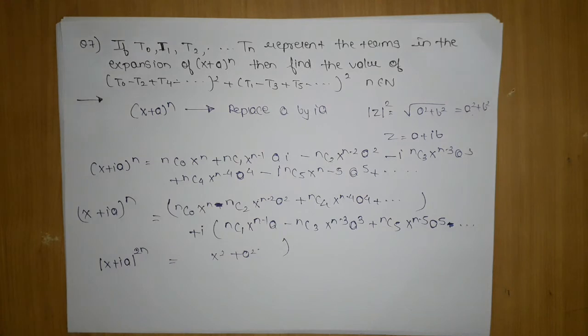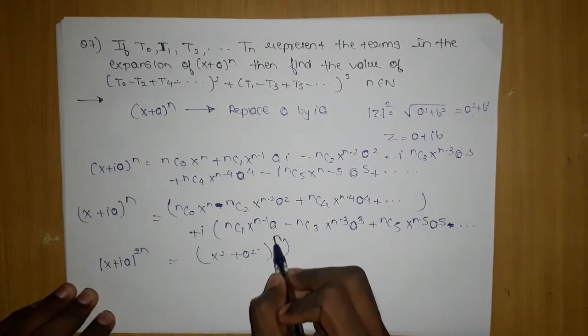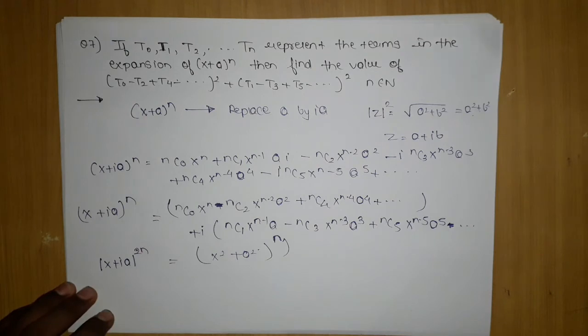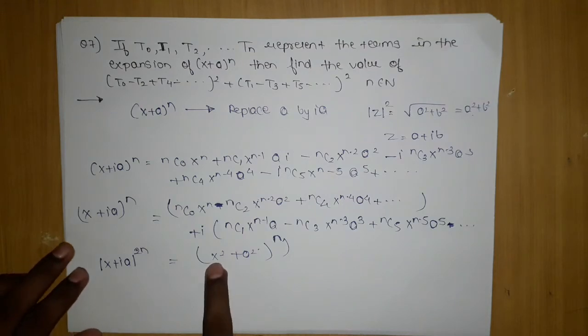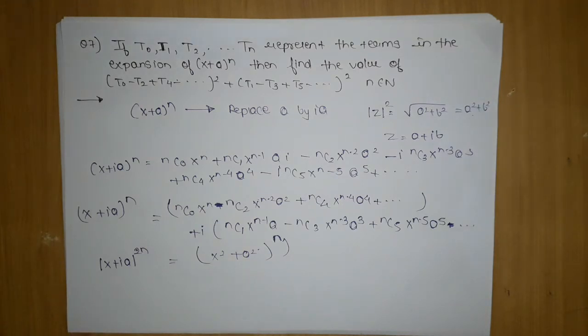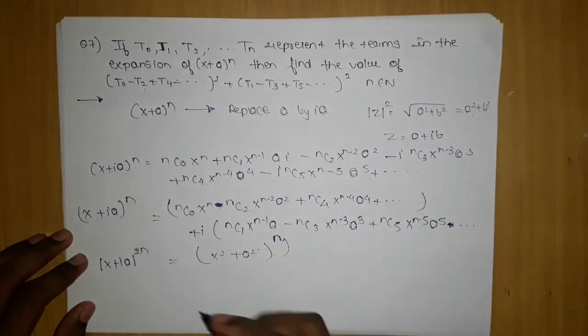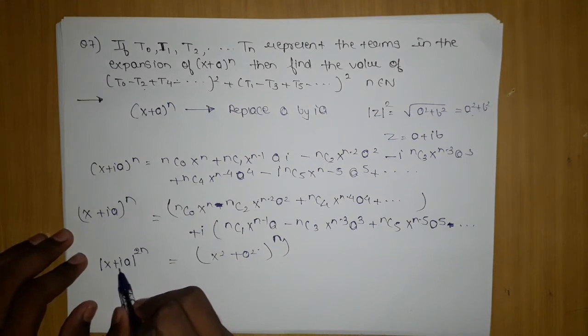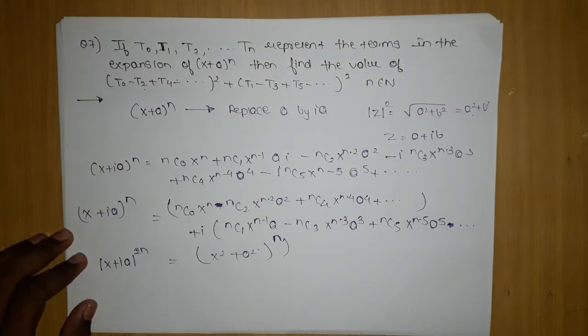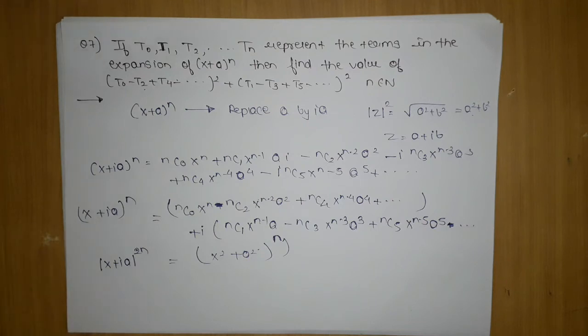right? So we will get this thing inside. So this was the required thing which we wanted. The whole power n will be as it is. Now what we can see clearly is that we are getting x square plus a square, which was the required thing. So you can say this is nothing but equal to this value, (x plus ia) the whole power 2n modulus, which is our required answer if you try to simplify them. Okay, so this was the required solution.